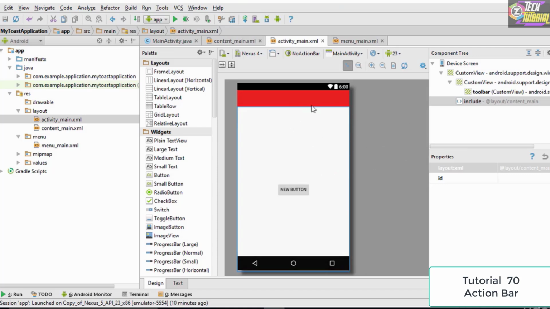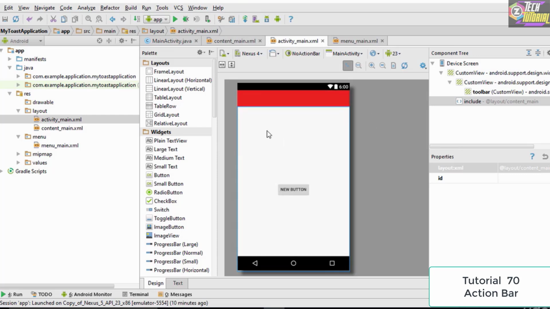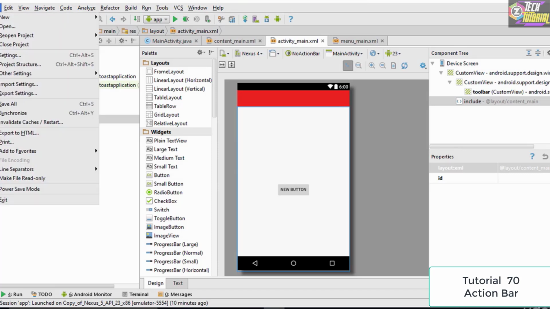Now the next thing which we are going to learn is that you could actually customize this action bar, and you could add in a few buttons so that whenever you click a button, some action occurs. In order to customize it, the first thing which we need to do is add a compile dependency to our application. To add a compile dependency, we go to File, then we go to Project Structure,